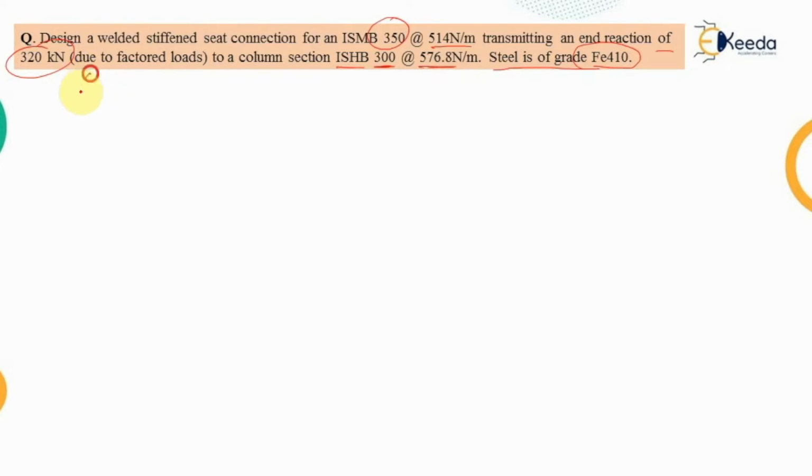So the data that has been given to us, first of all we will write that down. The ultimate stress of the material is 410 megapascal, and corresponding to it the yielding stress will be 250 megapascal. Similarly, because here we need to design for the welded connection, the partial factor of safety for shop welding, whenever it is not mentioned that it is field welding, we will assume shop welding, and for shop welding the partial factor of safety is 1.25, while for the field weld it is taken as 1.50.